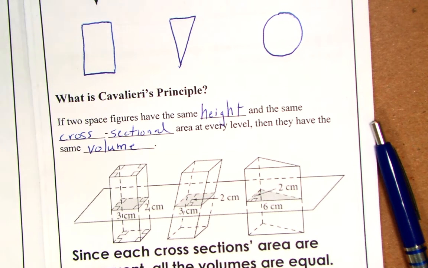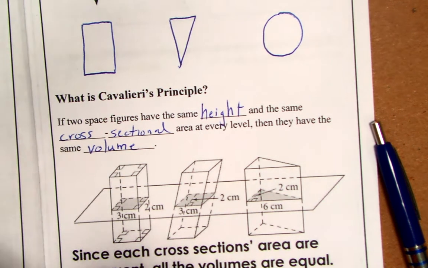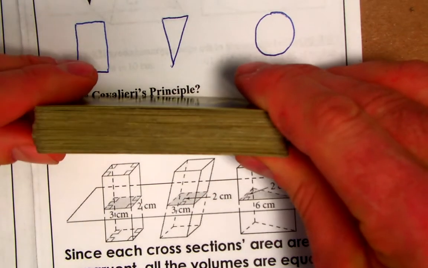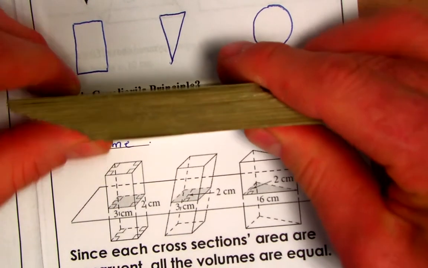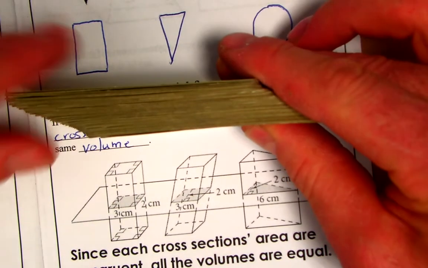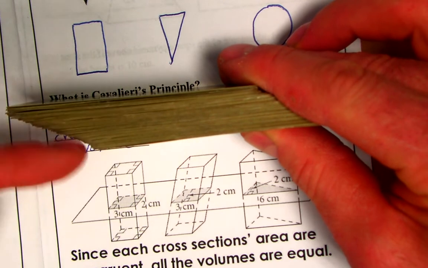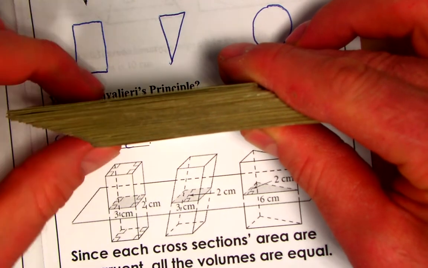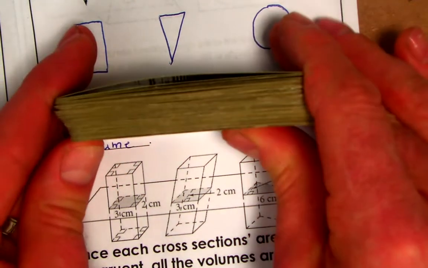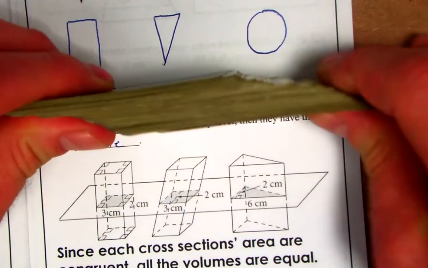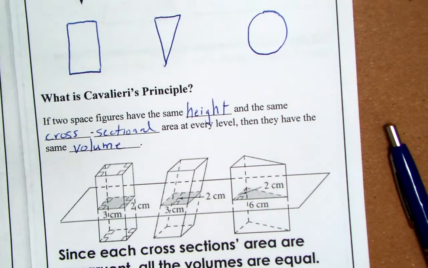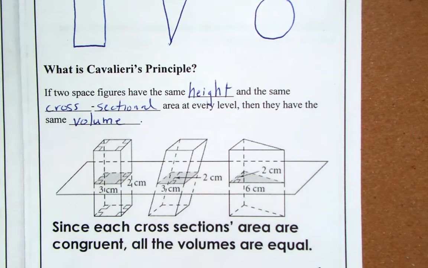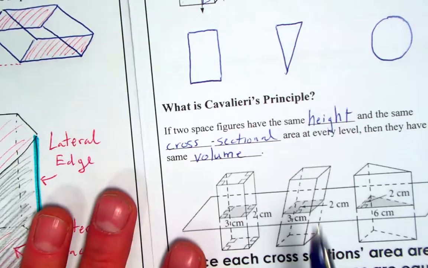I don't know how well I can demonstrate this on the camera, but you can think of this as a deck of cards. Here's a deck of cards, whatever its volume is, it's the same as when I slant the cards off in one direction, because at every level the cross sections stay the same and the height of the cards didn't change. Same height, same cross sections, same area. So it doesn't matter how far you separate it, the height's always the same, cross section's the same, volume's the same. Okay, so we've got prisms, cross sections, Cavalieri's principle, and now on to these 4 formulas, starting with